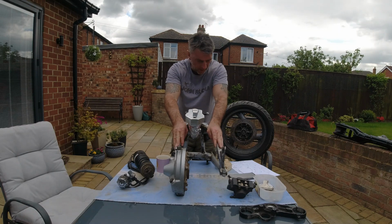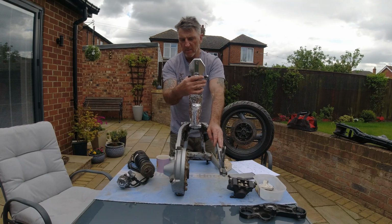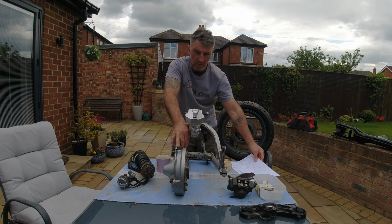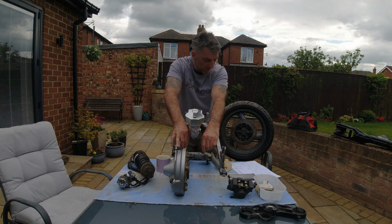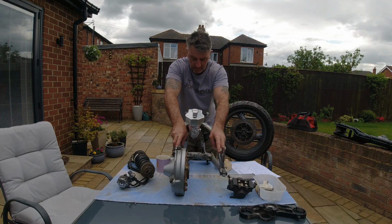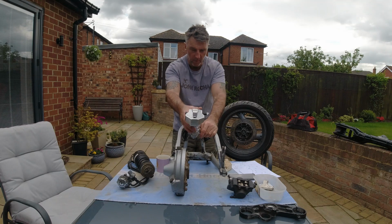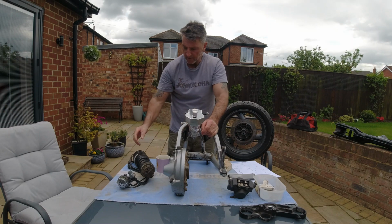So basically that's it. I came up with this adapter here. I made a paper template, made sure it fit, had that water jetted out of a block of aluminium. I've got a CAD drawing with all the dimensions, the thickness of the aluminium block you need to use, and then obviously I machined it, polished it, and that fits perfect. And the same again on the rear of the shock. I came up with a bush idea, machined and lathed the bush, and now